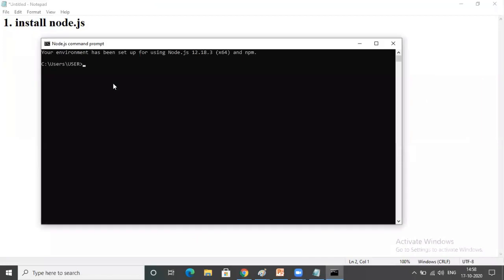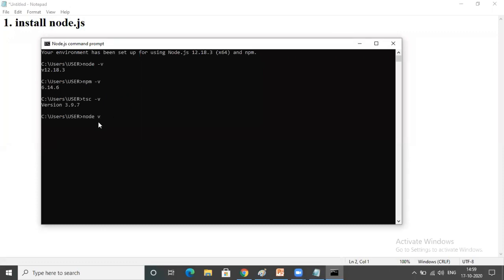Here you check whether Node.js is installed or not. node -v. You can see the current version of Node.js, and then check whether npm was installed or not. npm means Node Package Manager. It is also installed along with Node.js. npm -v. This npm is very important to download the Node modules or any packages or libraries. Then check whether TypeScript is installed or not. tsc -v. Then the TypeScript version you can also see here. V represents version.